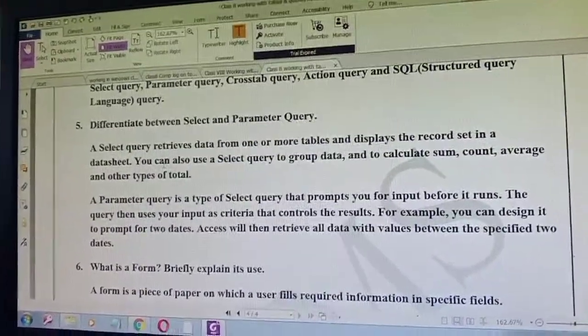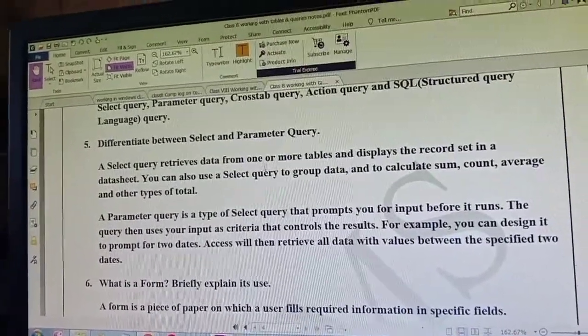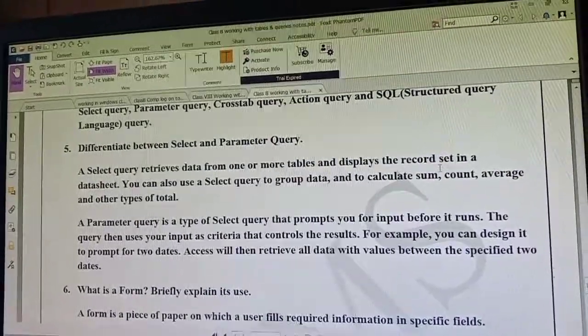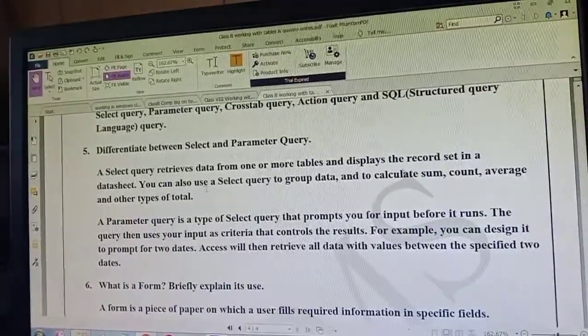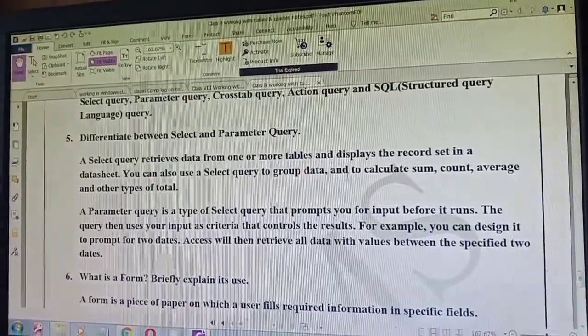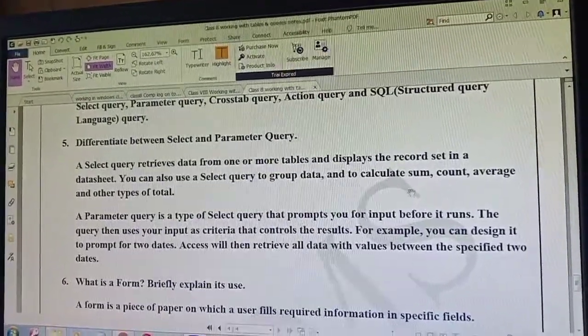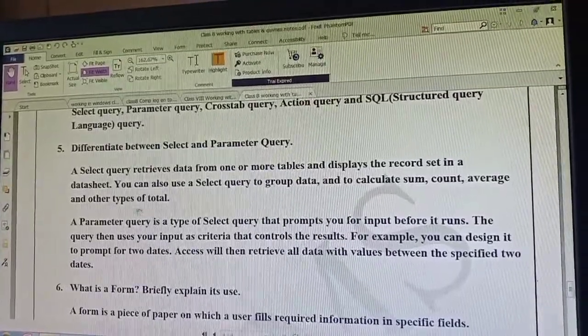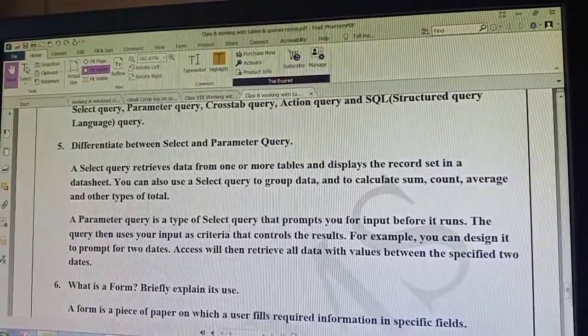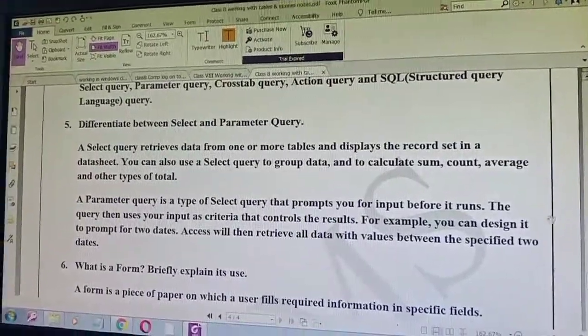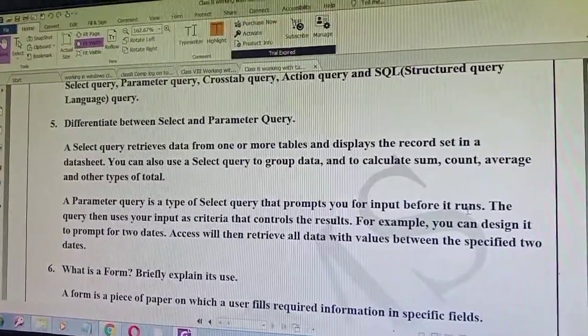A select query retrieves data from one or more tables and displays the record set in a database. You can also use a select query to group data and to calculate sum, count, average and other types of total. A parameter query is a type of select query that prompts you for input before it runs.